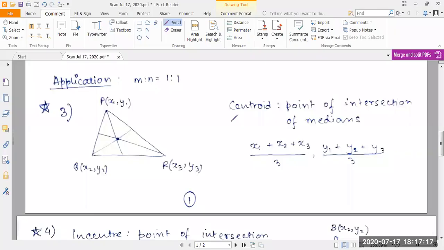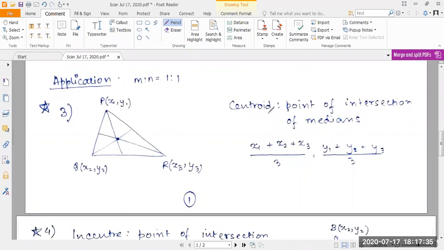The next few relations that we'll be discussing in this topic of coordinate geometry are a few formulae which are comparatively difficult to prove, no doubt not impossible, but a little bit difficult and lengthy to prove. Nonetheless, I will be proving them in future videos, so keep an eye out for that.